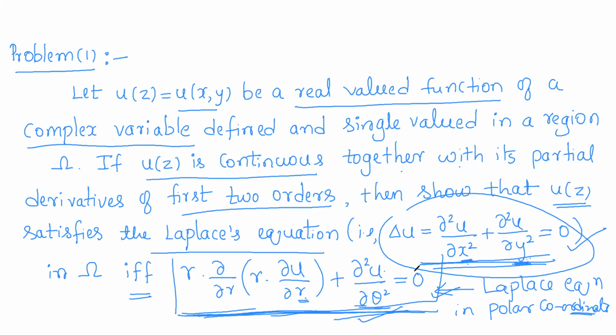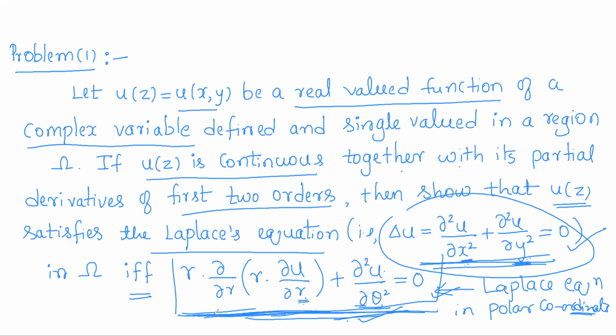But as we have observed, there is a close relationship between the Cartesian coordinates x and y and the polar coordinates r and theta. So using that relation, we will convert this equation in terms of x and y so that we can compare these two equations. Assuming the satisfaction of the Laplace equation, we have to prove this equation holds. But these two are in terms of different coordinates. One is in terms of Cartesian coordinates x and y, the other in terms of the polar coordinates r and theta. So we will convert one into the form of the other.